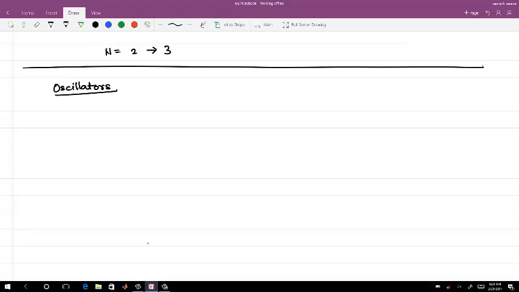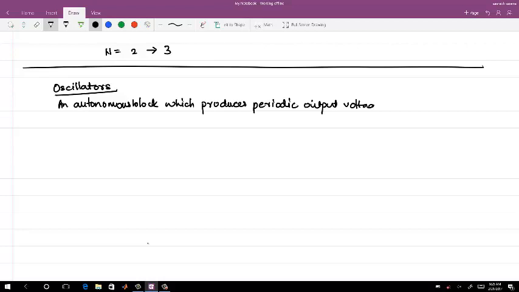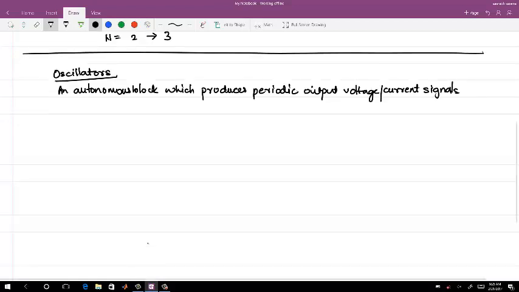Okay. So an oscillator is any block, an autonomous block, let me just say that, which produces a periodic output voltage or current, whichever that is. Right now in material, we are just looking for periodicity of the signal. Okay. So it is autonomous in the sense that